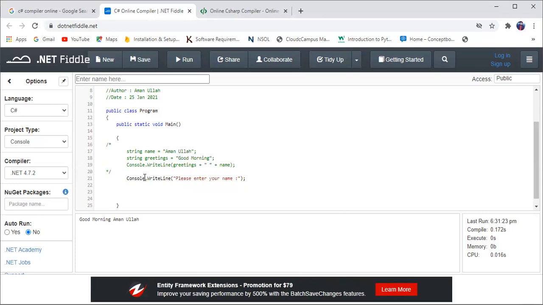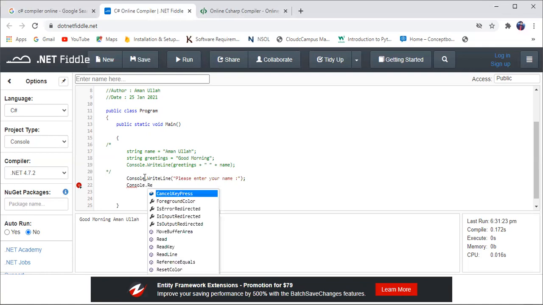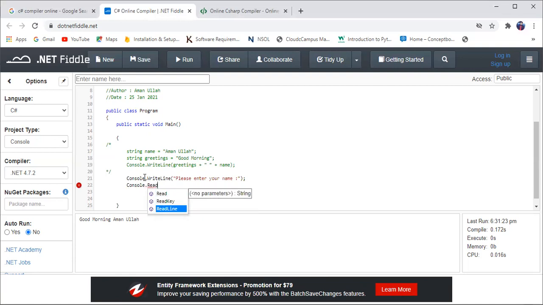After this, for taking input from the user, I will use Console.ReadLine instead of WriteLine, Console.ReadLine, followed by semicolon.